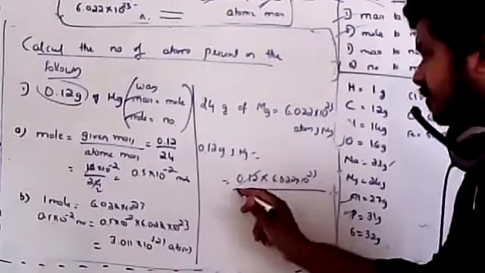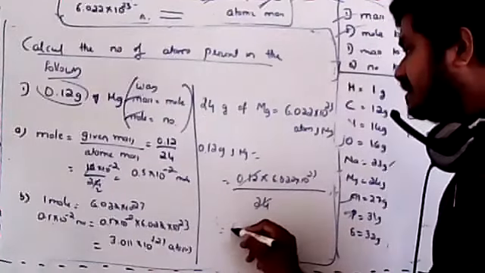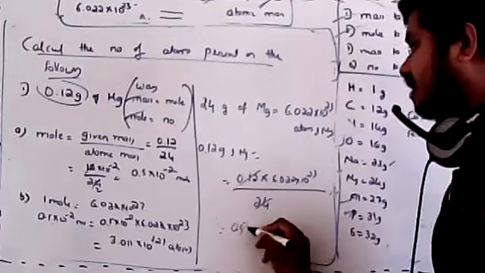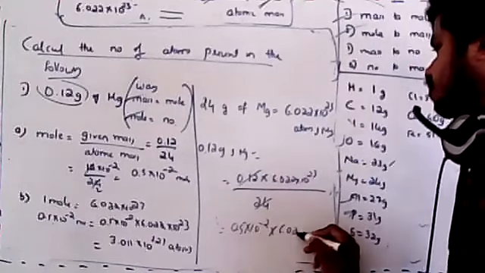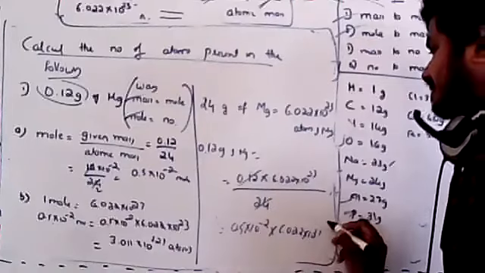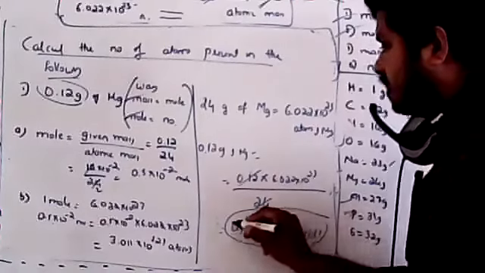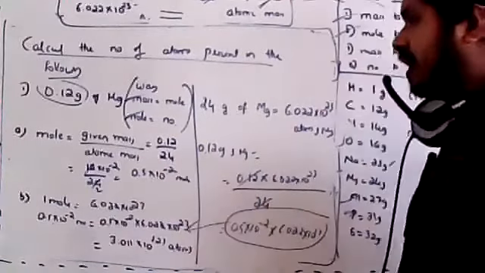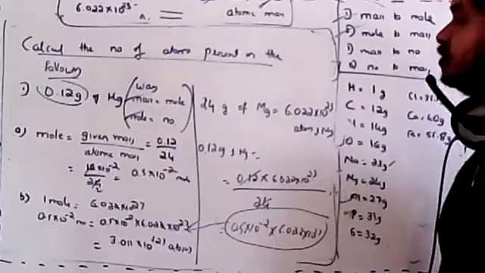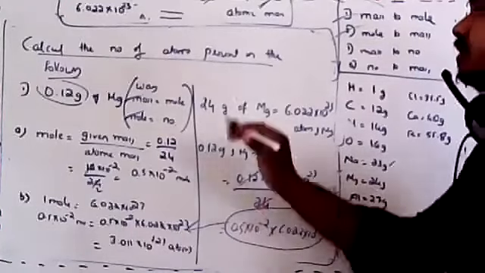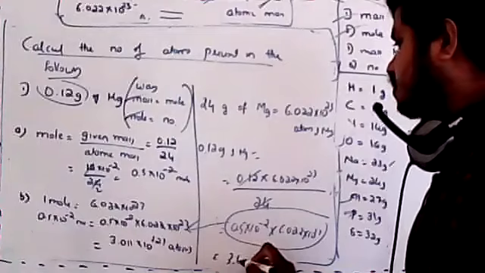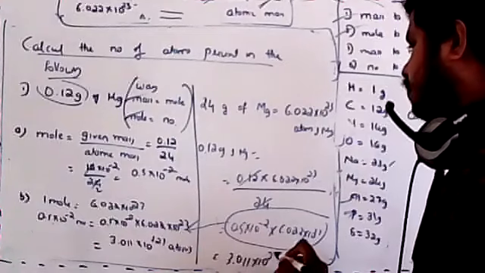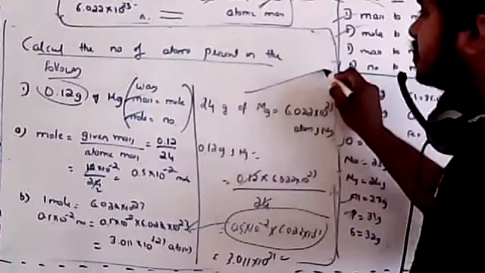After simplifying this, what I get is 0.5 into 10 to the power minus 2 into 6.022 into 10 to the power 23. See here, I got this in the last but one step. Got it? So this is the simplest way: only directly equate these two. There is only 10 seconds remaining, so I'll finish it. That is 3.011 into 10 to the power 21 atoms. This is the simplest way.